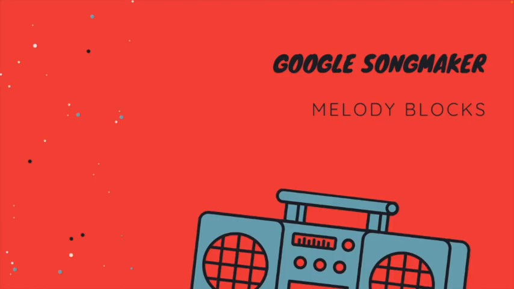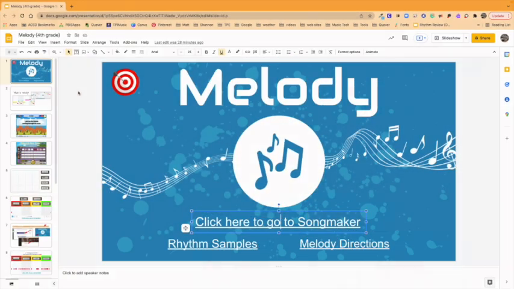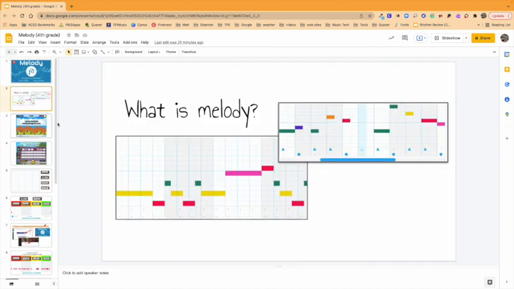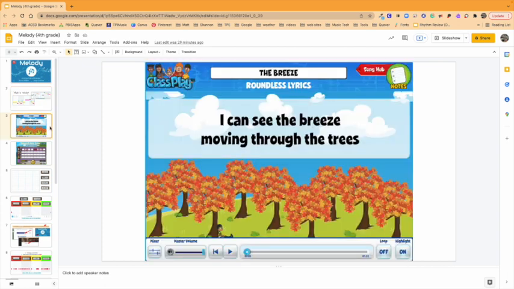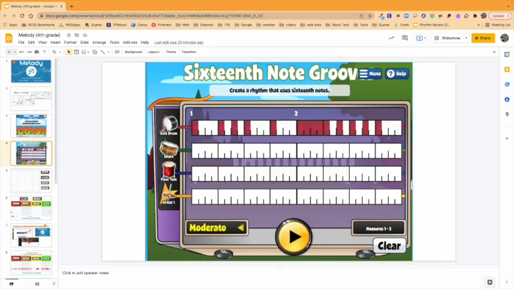We'll start with the Google Songmaker. In this lesson, I'm teaching students how to create rhythm patterns in Google Songmaker. I started the lesson off by talking about what melody even is, so we had a basic understanding of that before moving forward. And then to scaffold, I built on previous lessons. I reminded them of a melody that we had sung the week before,